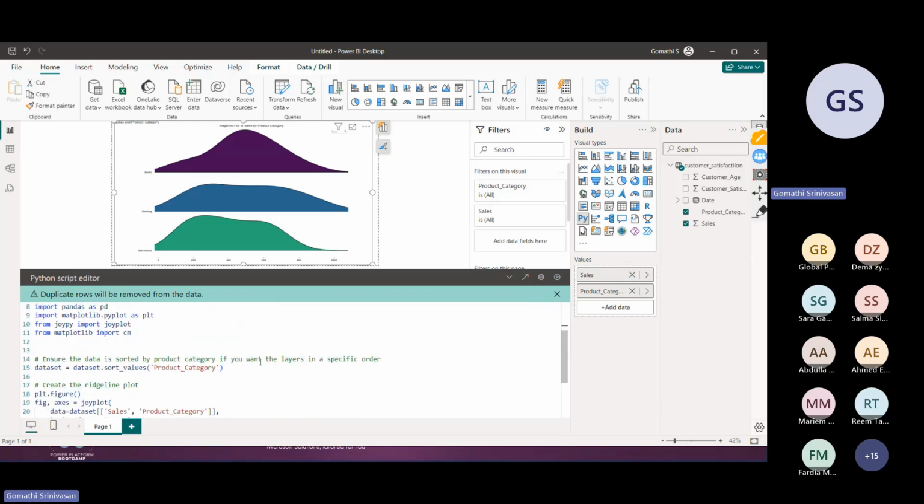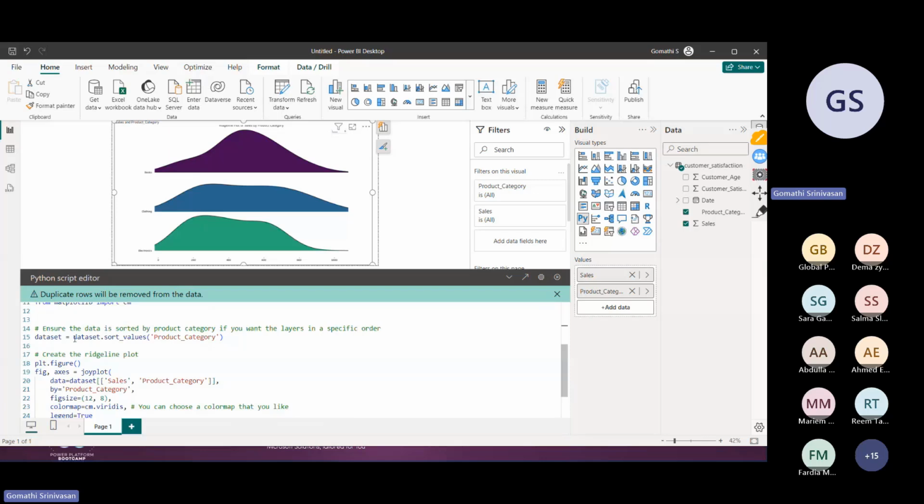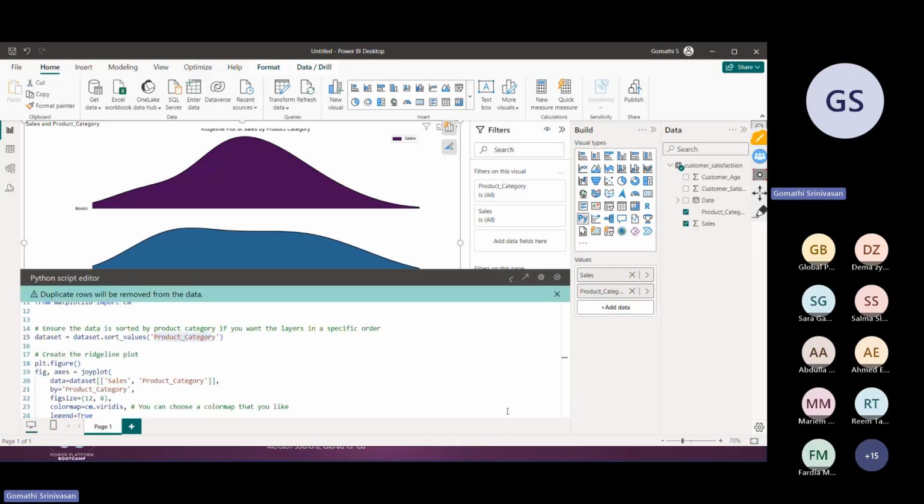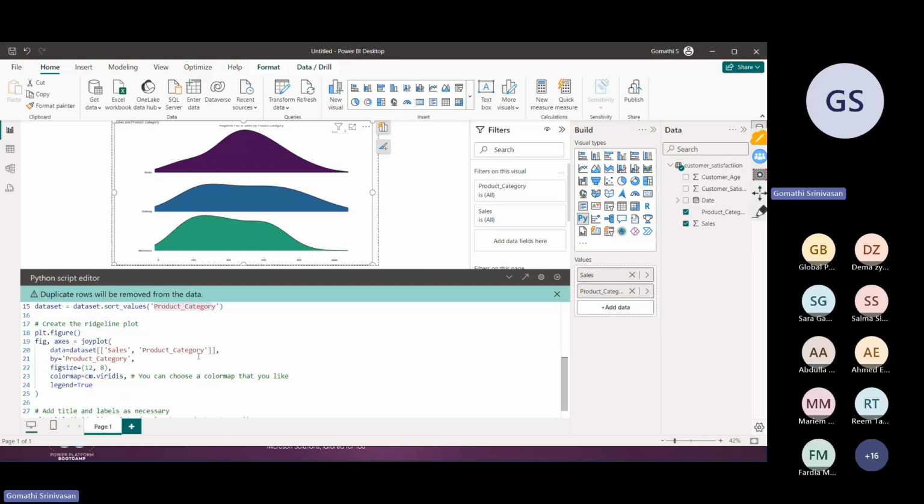So what I'm doing first is sorting the data, because for creating a ridgeline plot, it has to be properly sorted. The data set is sorted only by the product category. You can see here in the visual, the first one is showing books, the second one clothing, and the third one electronics. So we are sorting it according to the category, and this is where we have to create the ridgeline